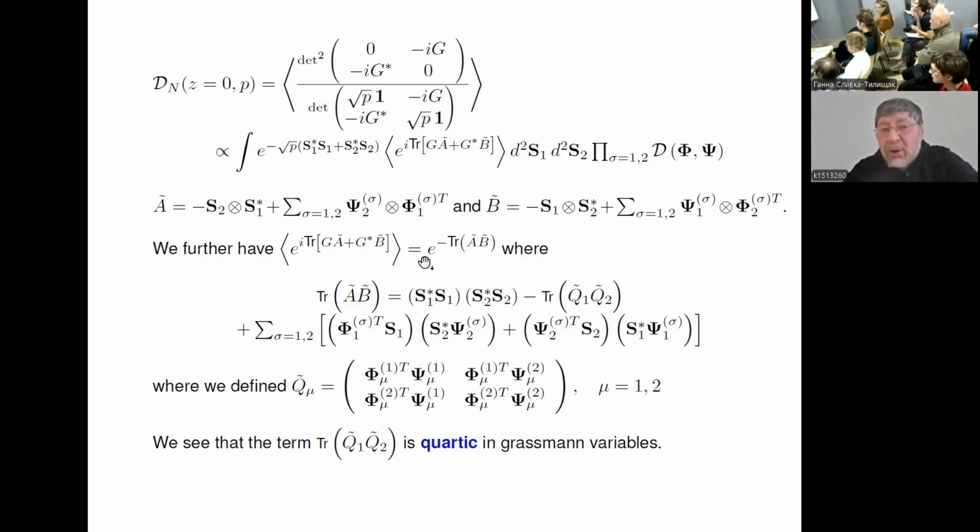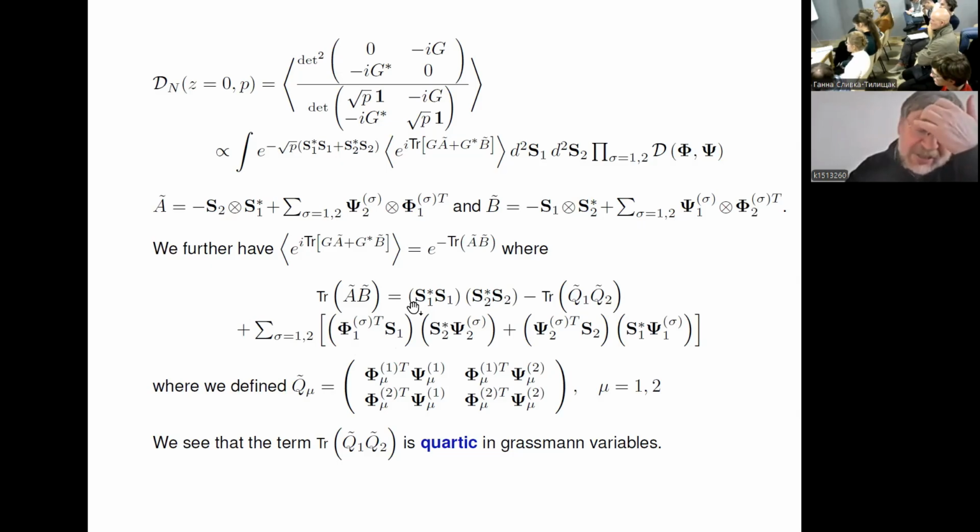And also there are terms which one obtains when one takes, for example, we need to consider the trace of AB. One takes the trace of this times, for example, one of the terms here. One then gets combinations which contain 2 Grassmann vectors and 2 usual vectors, and by this rank 1 property this will again be simply scalar products of the corresponding vectors. It's just that each of these scalar products is linear in Grassmann variables. So we see that there exist